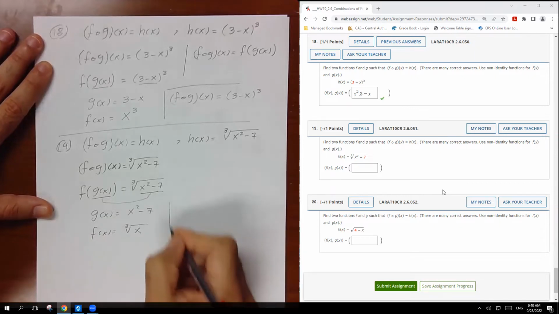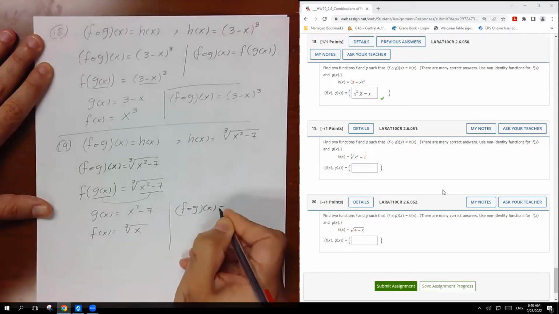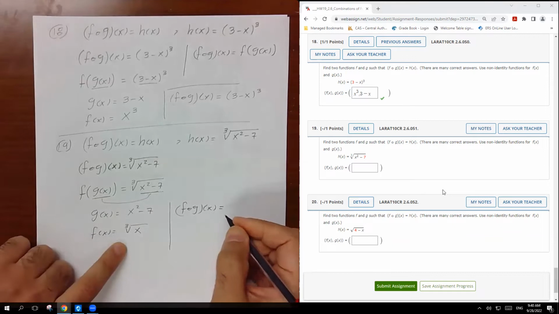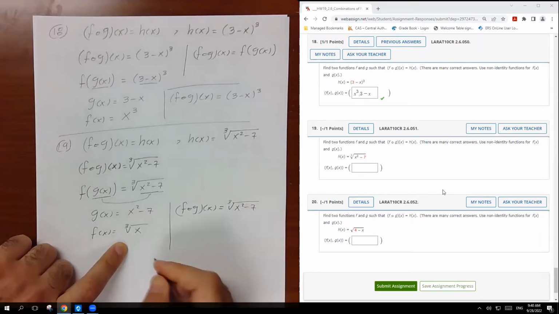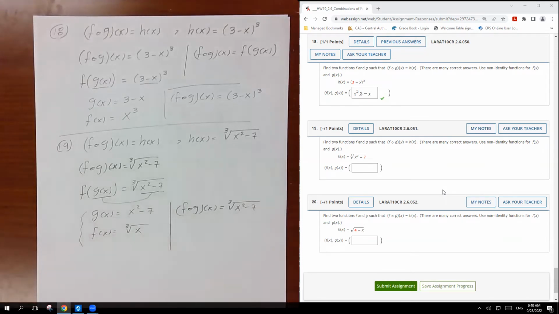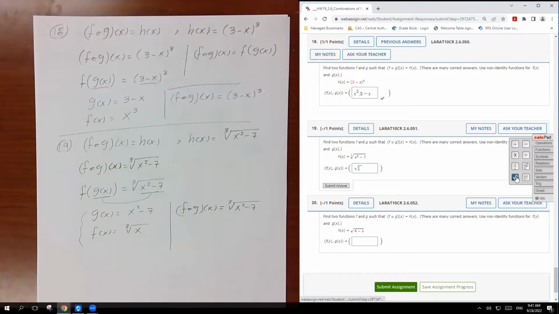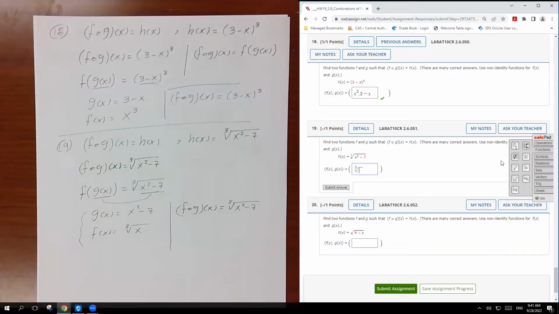Again, if you want to check, you have to find f circle g of x using these two functions, and the result is going to be the cubic root of x squared minus 7. This is only to check, but the solution is going to be these two functions, because that's what they ask you to find. So I'm going to write down f of x first, which is the cubic root, not the square root. So I'm going to write the function cubic root of x,